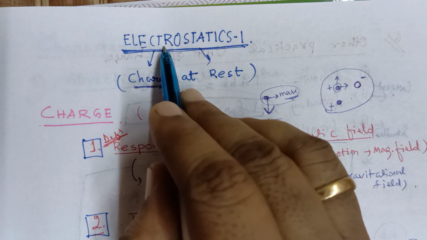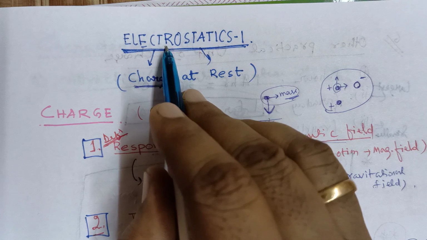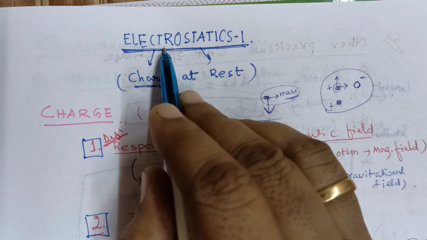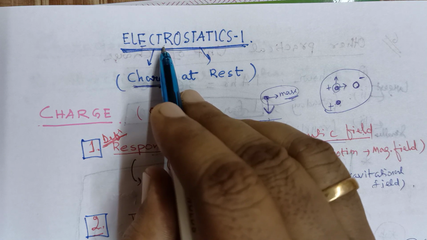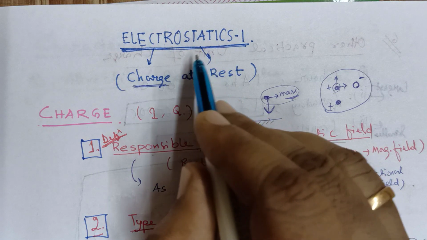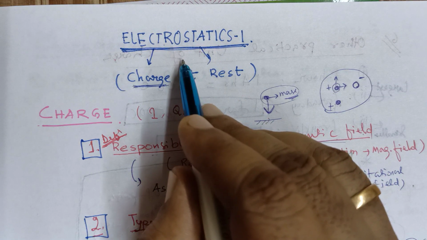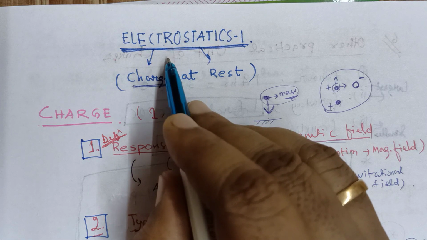Electro is derived from the word electron. You know what an electron is. There is the nucleus with neutrons and protons, and outside the nucleus electrons orbit around it, and this electron is responsible for charge. You already know from your junior class that when a neutral body donates electrons, it acquires positive charge. When it accepts electrons, you say it is negative charge.